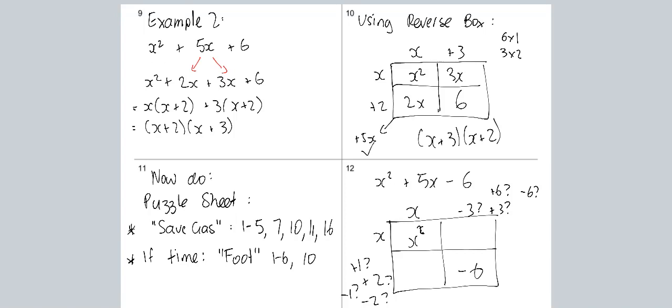Now, the good news is with monic factorizations, it's actually not that hard. It's like, well, I need 2 things that will add up together to give me 5. One of them has to be negative, so that's going to be 6 minus 1, right? So then you go for it. Now, again,